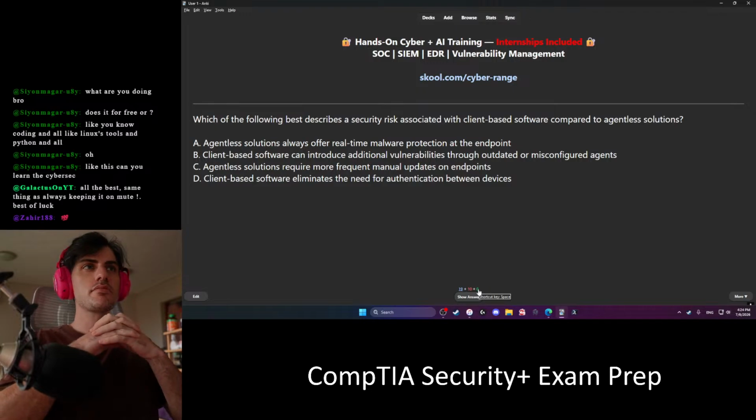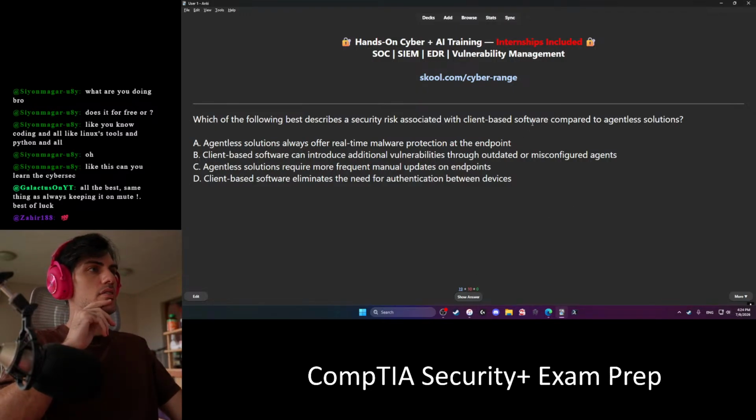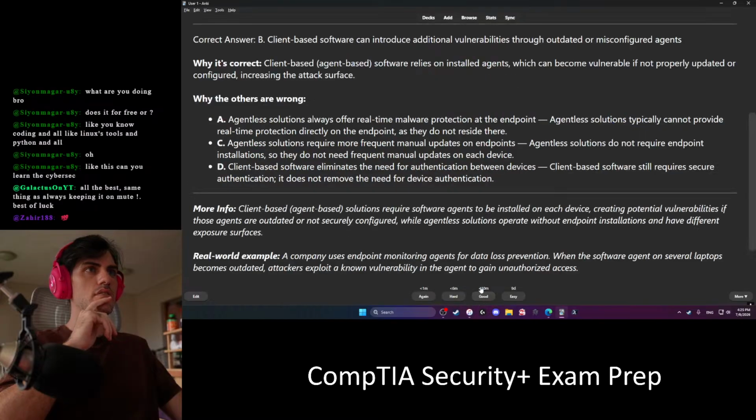Okay. Security risk associated with client-based software compared to agentless solutions. I'd say B. I'd say B. Wait, what's an agentless solution? I actually don't know. Yeah.